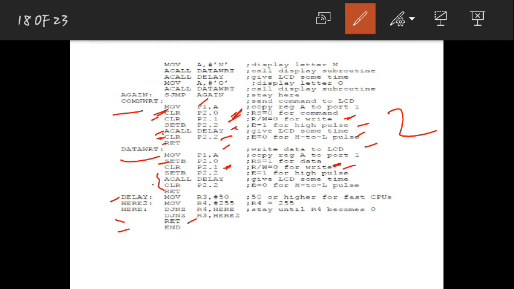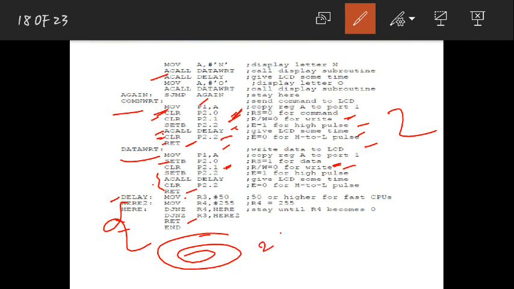After that, you should have a return for each subroutine. In the last line you will have return. Okay, are you getting it? So for N you have done that. After that, to show some delay between N and O, you are calling delay. Whenever you call a delay, it will jump to the delay and create the delay by counting the values. Okay, it will count from 255 to 0 if you take only this one register.